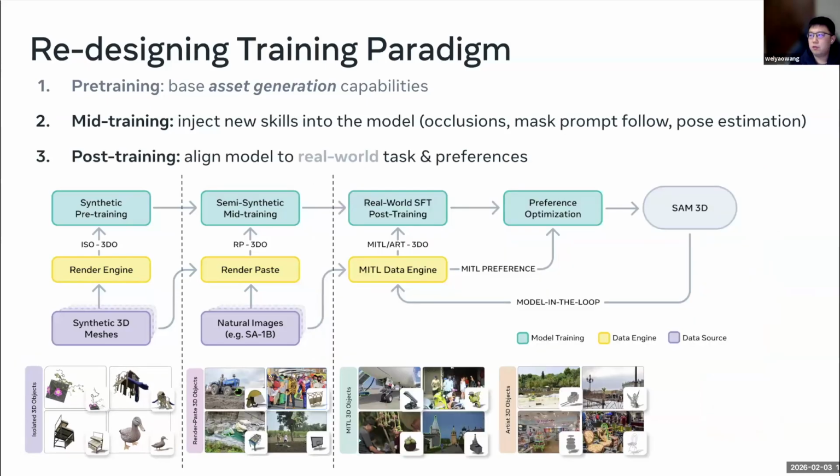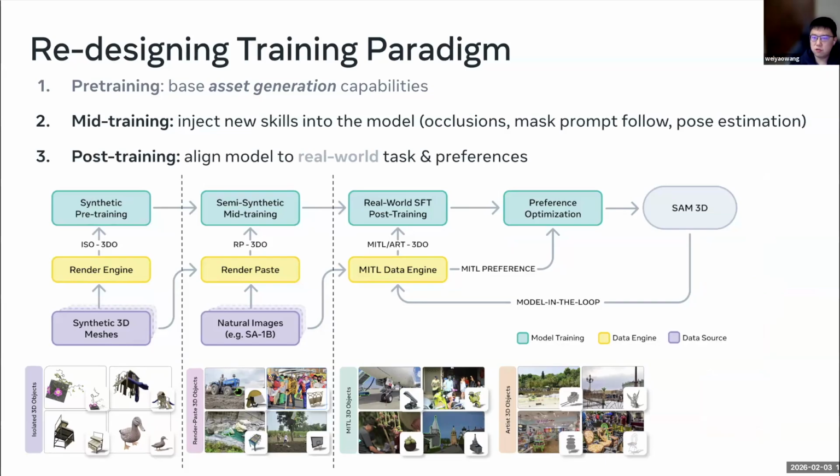After mid-training, the model now has these capabilities, but we still need to teach it how to behave on real-world images and produce what humans would prefer. That's where post-training kicks in. These stages use the full data engine we just discussed, which is fully real-world images. We run the model on natural images. It produces multiple candidate 3D reconstructions. Humans pick which one is the best.